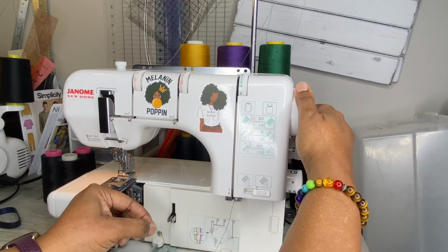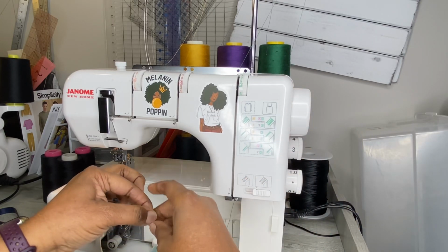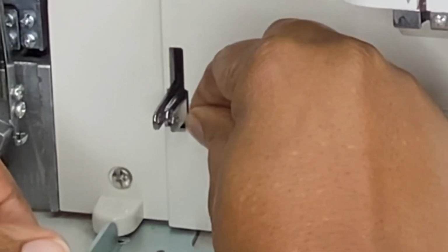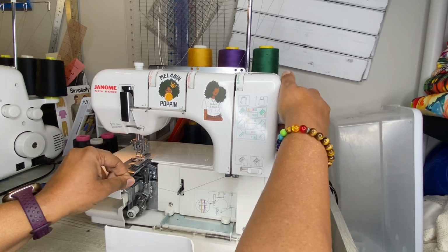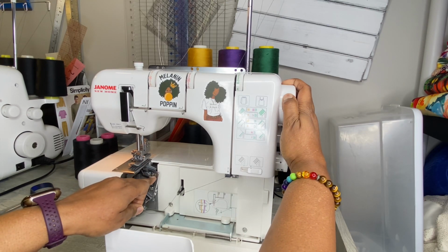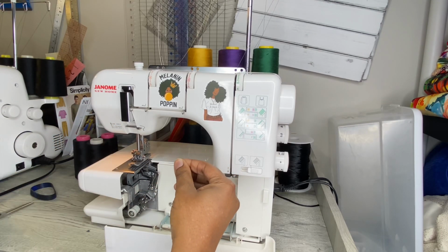Then you want to turn the wheel facing you so that you can line up the holes there at the bottom, because you want to be able to snake the thread through all three holes. And once we do that, we also are going to pull the thread, and then we're going to turn the wheel towards us again, so that the little lever, as you see, comes out over there. That way you can put your thread